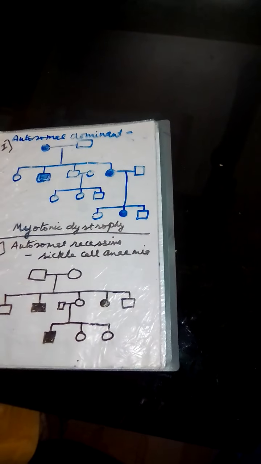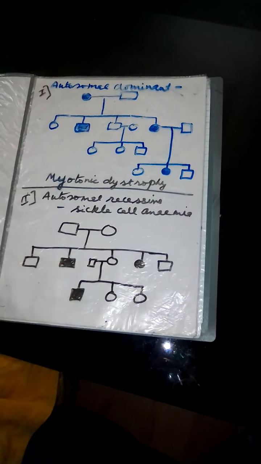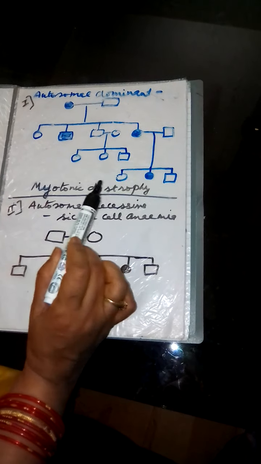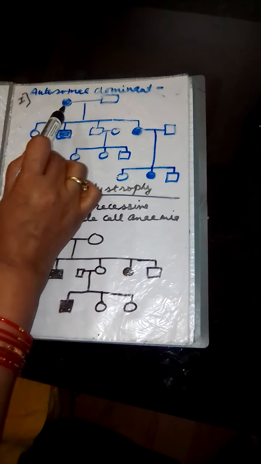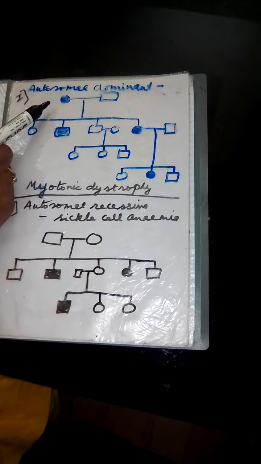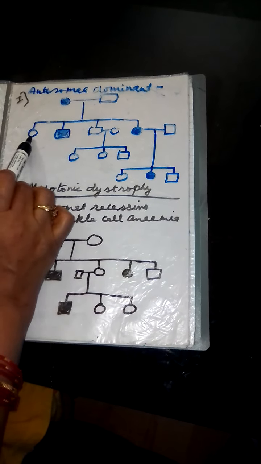Okay, now I will explain what I have drawn. This is a pedigree of an autosomal dominant disease. The name is myotonic dystrophy. First I will try to study this pedigree. This line represents parents. The female is affected. Now how many children does it result in? 1, 2, 3. This is showing mating.